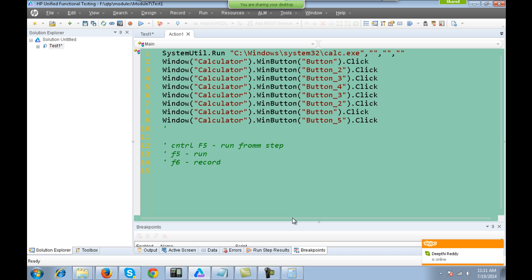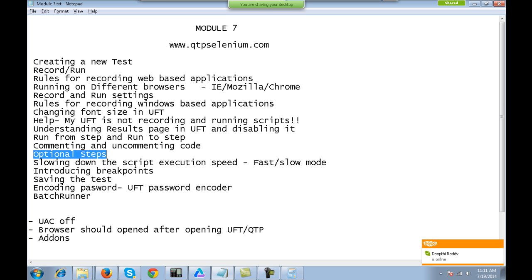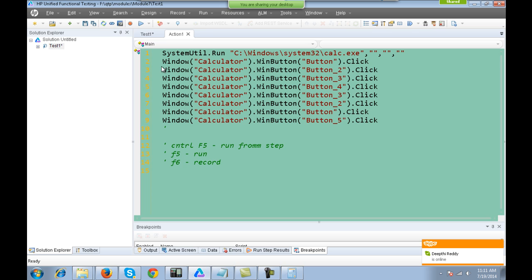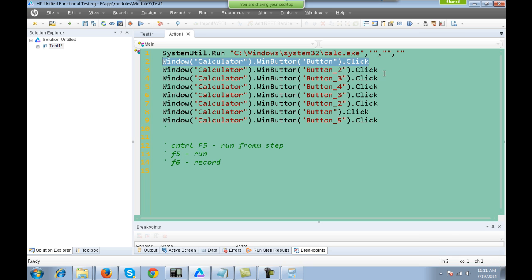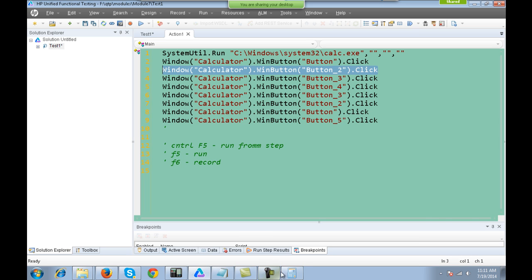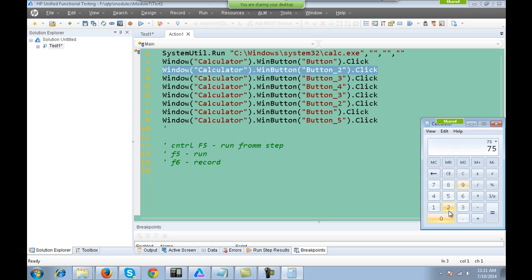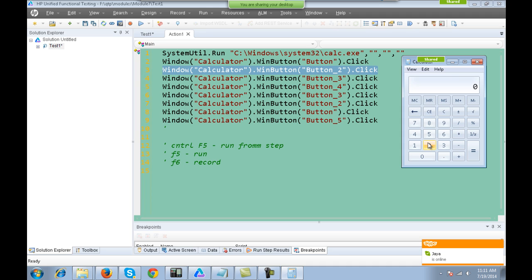In the case of calculator as well, suppose there is some button which might come up or might not. Although all the buttons do come up, just take a scenario where one might come up sometimes or might not. So you really don't know when a particular element or object is appearing, and if it is not appearing, you just want to ignore it. You don't want to throw the error that it's not appearing. You just want to ignore it and continue forward with the script.